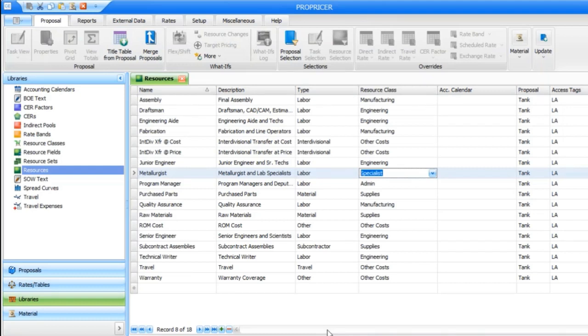In closing, access tags is a feature that can give you confidence that your users are only seeing the data